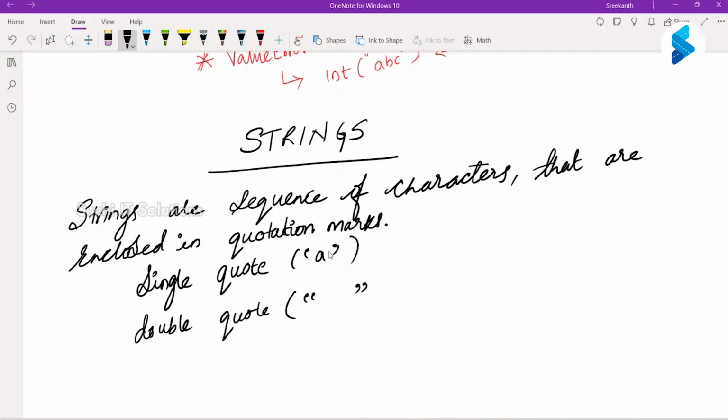Right. So for example, AB, you can use a single quote or a double quote or even a triple quote.